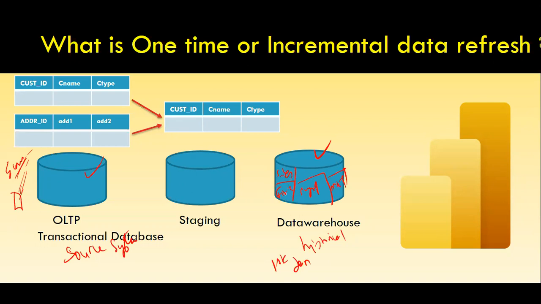Each subject area has its own fact table and dimension tables. Fine. So here we want to keep all the historical data. Every transaction we want to capture here, especially those required for the reports, whichever reports are required,